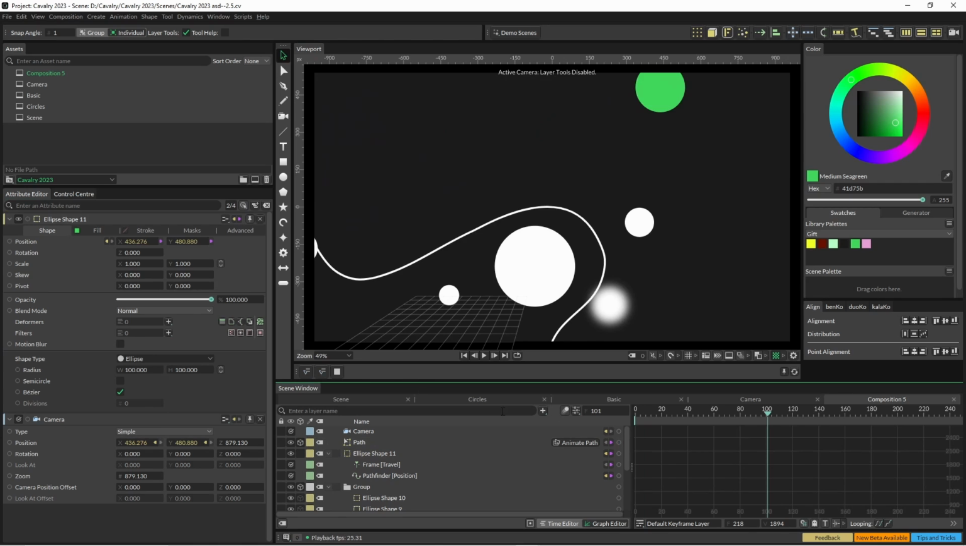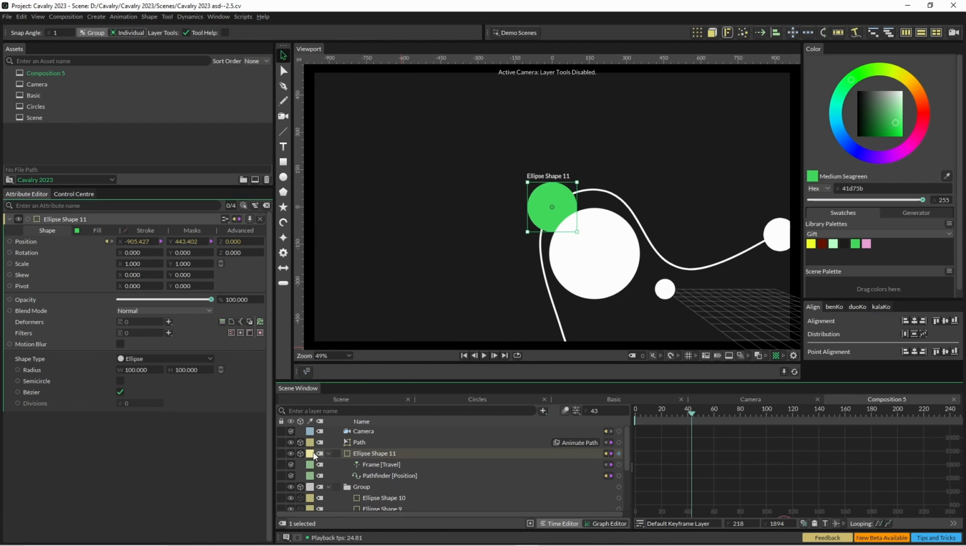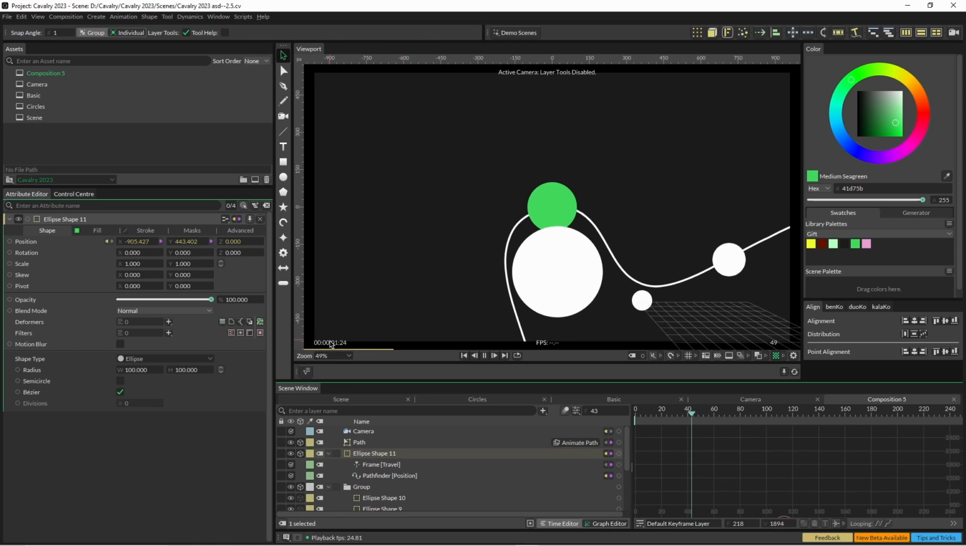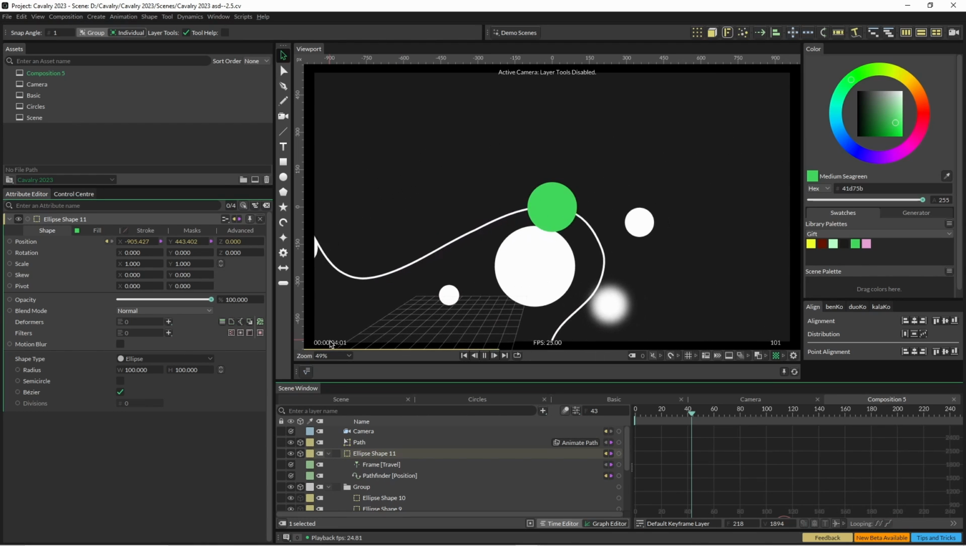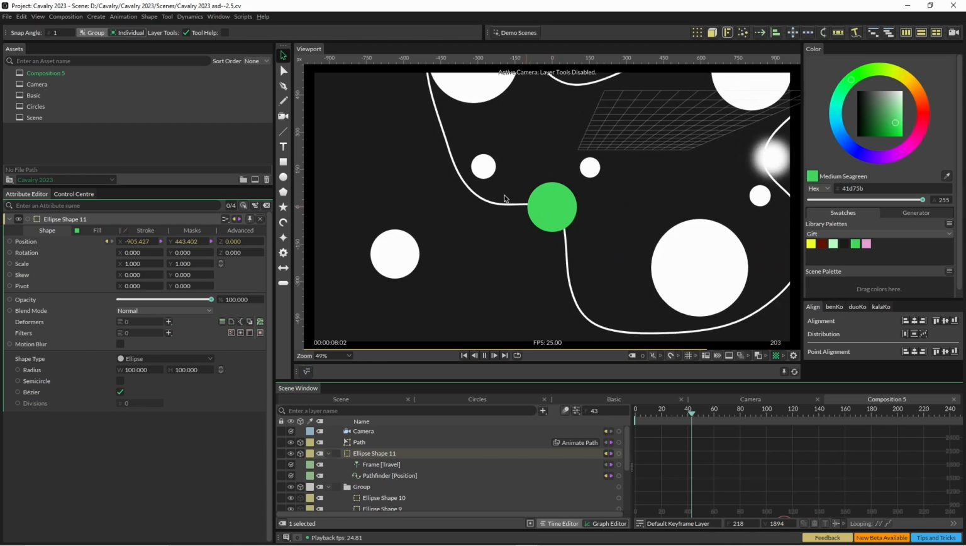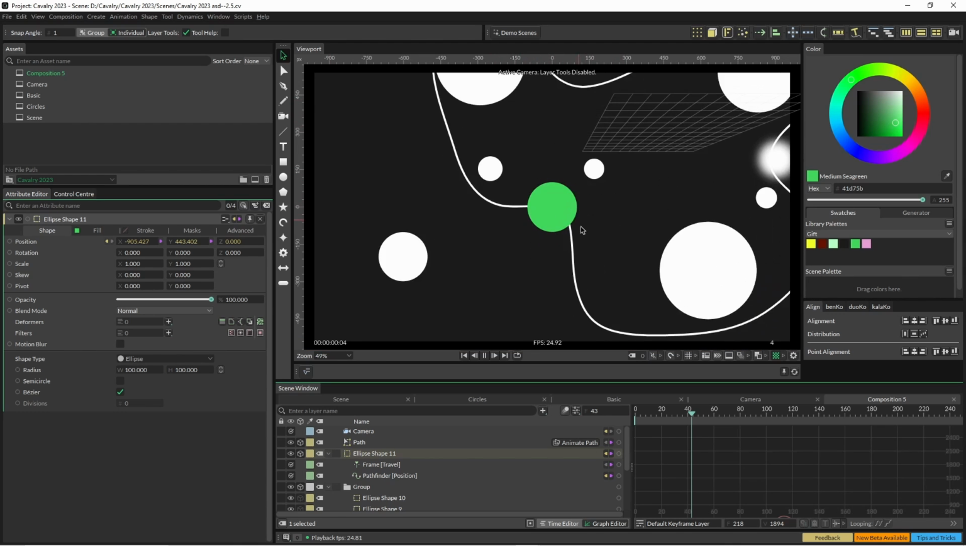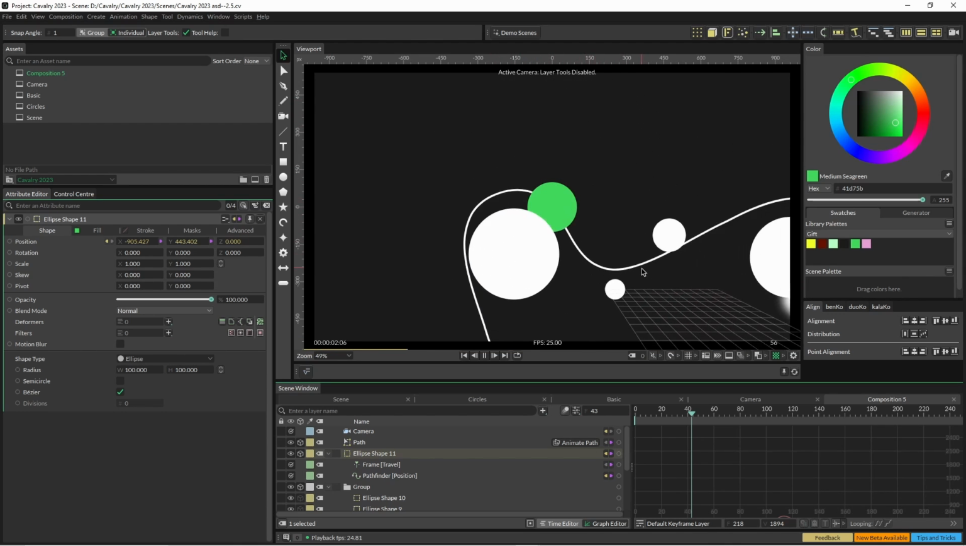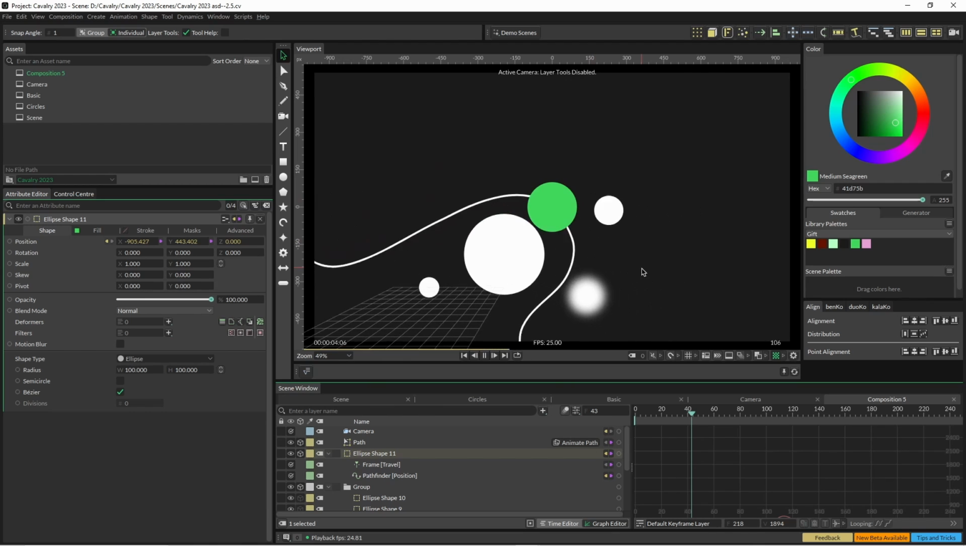And path is also 3D. And make sure you click the 2.5D button for both the path and the ellipse shape. So as you can see here, everything is moving around this green circle, which is just staying quite annoyingly in the middle of our screen. This is not very exciting